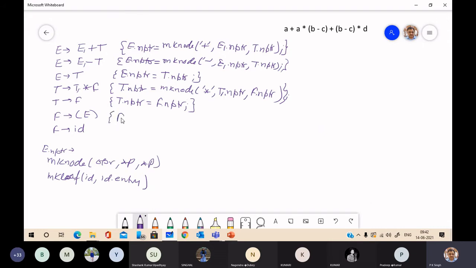Here F dot nptr is E dot nptr. Here F dot nptr is make leaf ID entry.